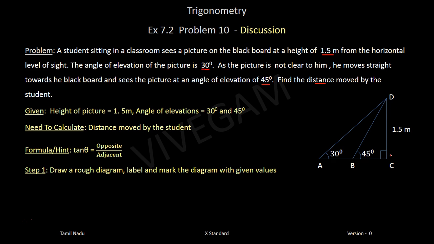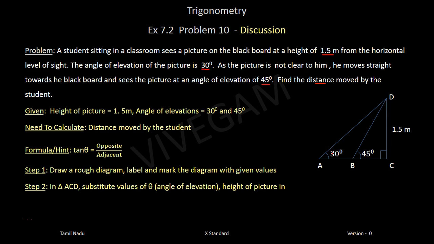So this is the blackboard. This is the first position of the student where the angle of elevation is 30 degrees. He moves closer to the blackboard and the angle of elevation becomes 45 degrees, and the height of the picture is 1.5 meters. Okay, now next, in the triangle ACD,